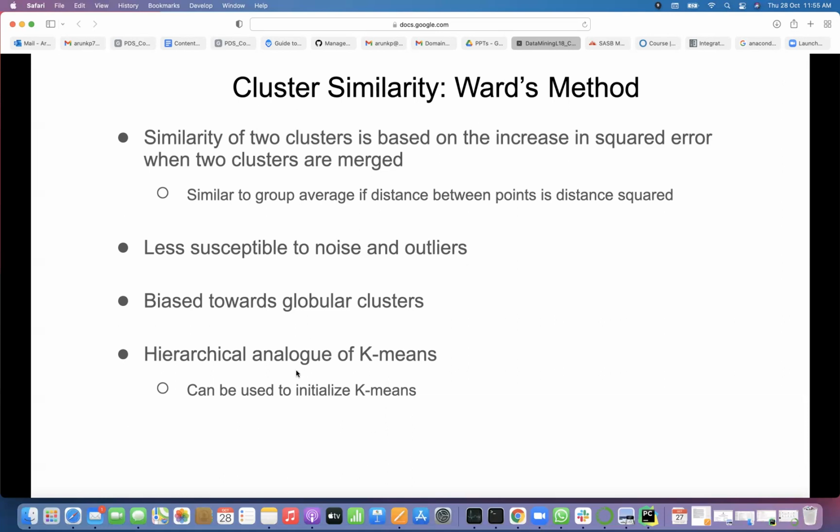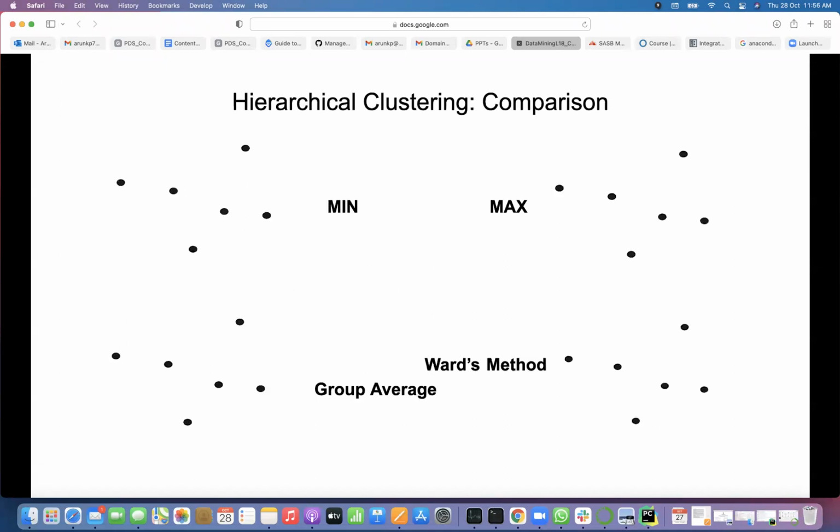So we have seen yesterday in k-means, one of the limitations or problems with k-means is initialization. If you don't start with a good initialization, you may not get correct clusters. So how do you initialize? First, you can hierarchically get k clusters, and use one point from each cluster as the initial points. Then your k-means will work fine. So k-means may also use hierarchical k clusters internally first. Those k clusters are the initial points for your k-means algorithm.